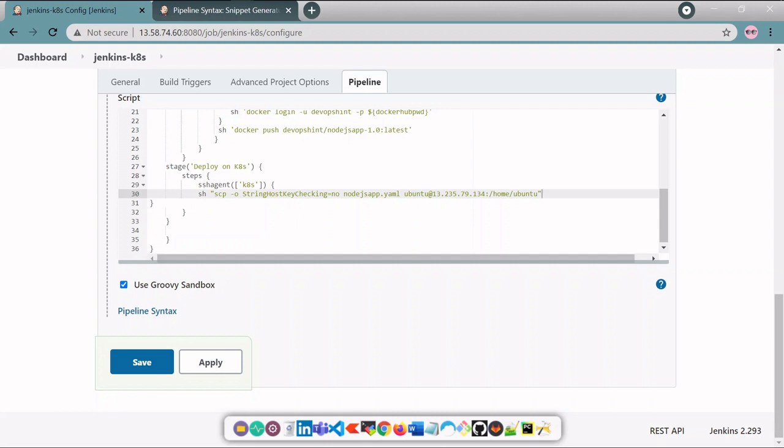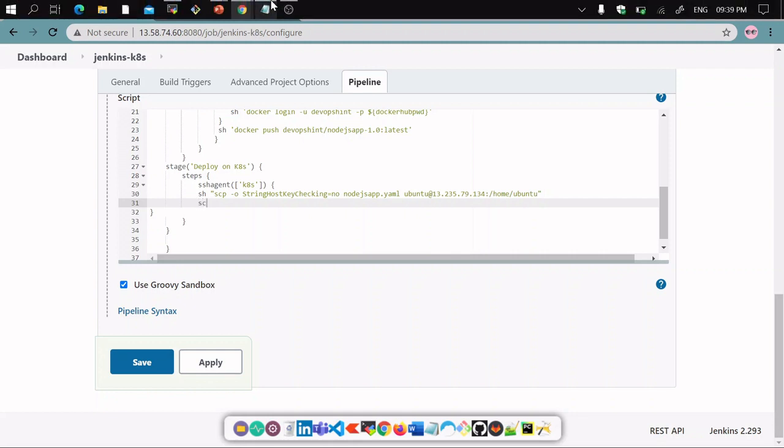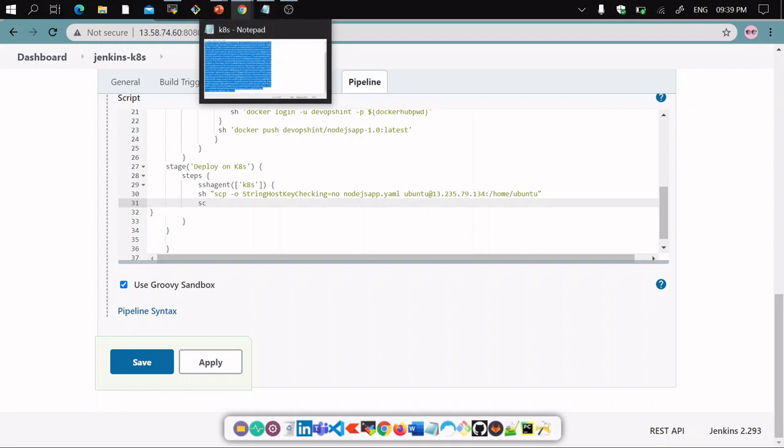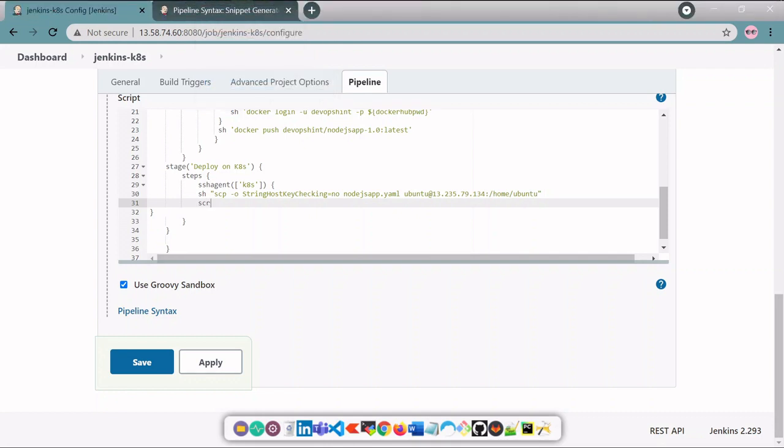Now we'll add a try catch block to create resources. So add a script, add a try block.